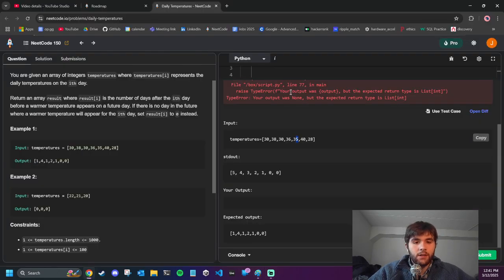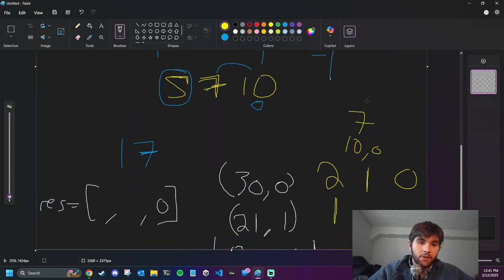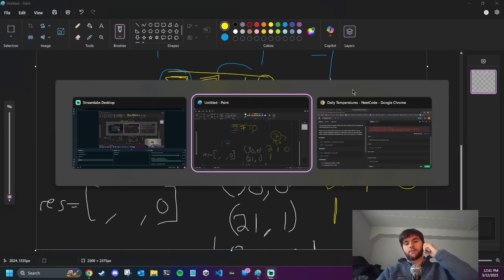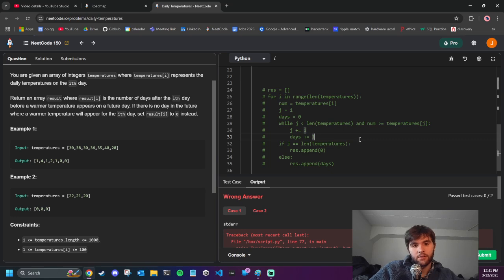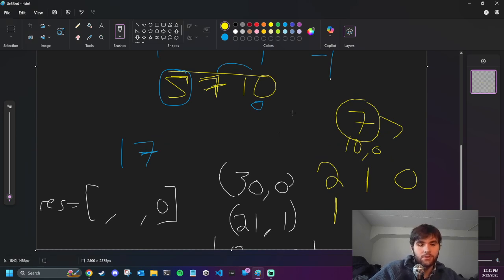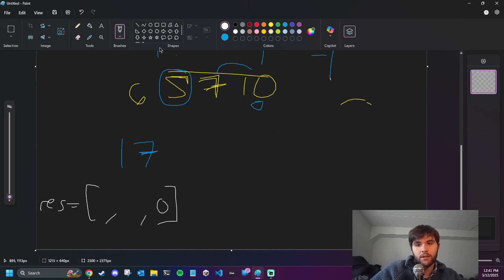So we could have on our stack just like 30. I mean, we could add the 7 and then just keep popping until we get to something that's greater than, but isn't that just the same exact thing that I already coded down here? I think maybe that's what you're supposed to do, is just add to the stack. But what if we had a 3? What if we had a 6? Okay, so I'm going to try doing that. So what if you always add to the stack and then just keep popping until you get, okay,